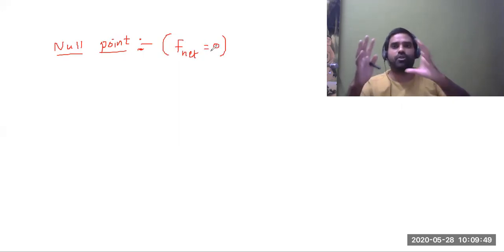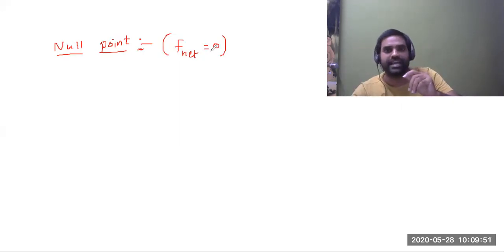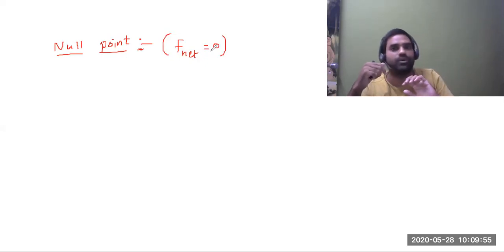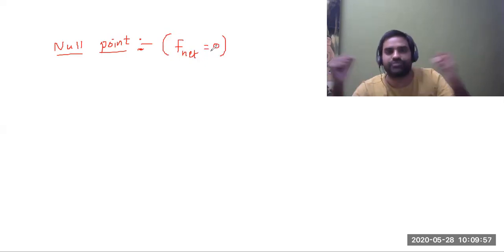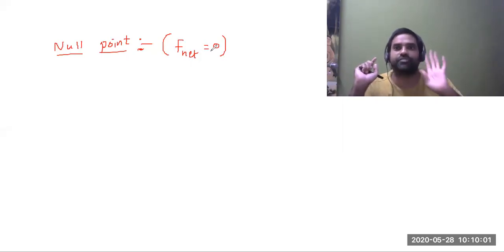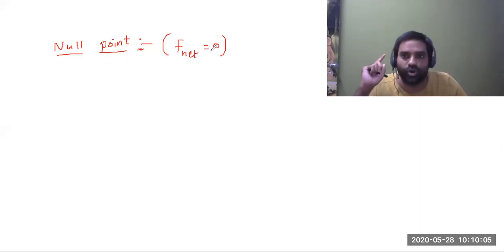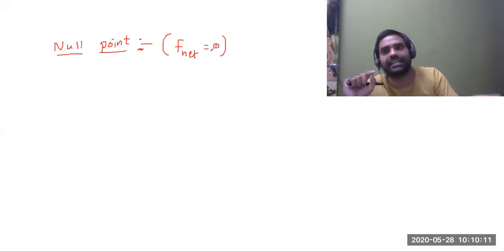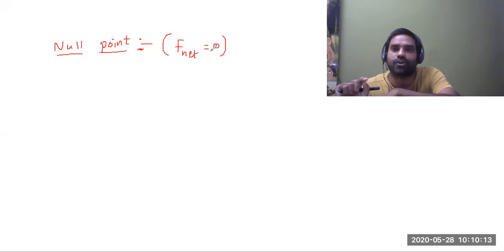Very simple. You take one object. Horizontally left, you are applying some force. Horizontally right, you are applying some force. Suppose both forces are equal and opposite, then the body will be at rest. So net force will be zero. So such a situation is null point. On that object or on that charge, force acting on one side is exactly balanced by force acting on the other side. That is said to be null point, right?